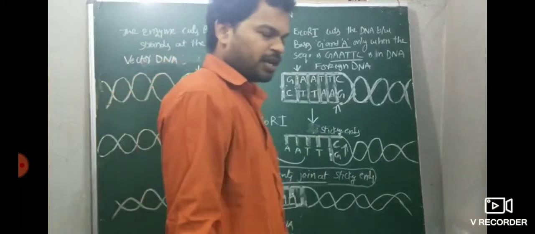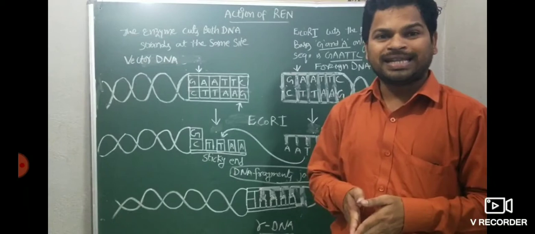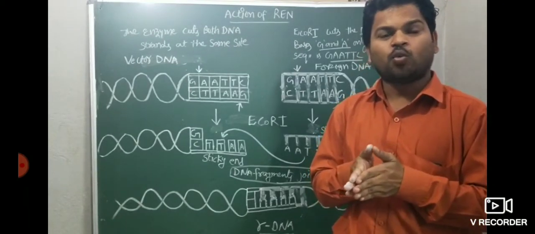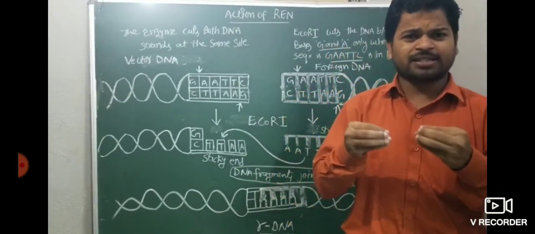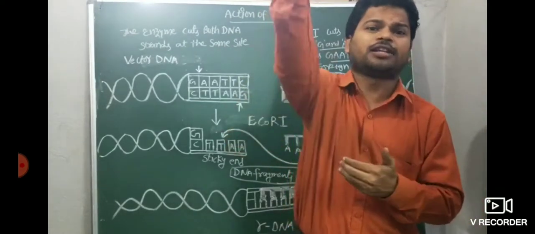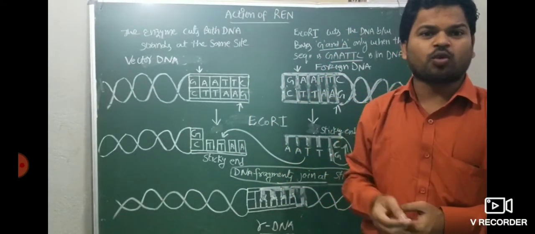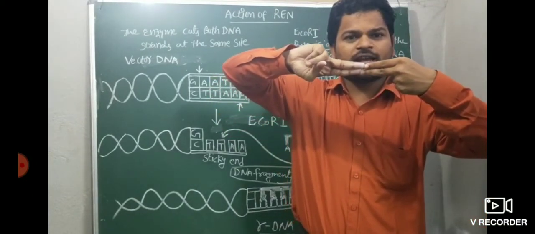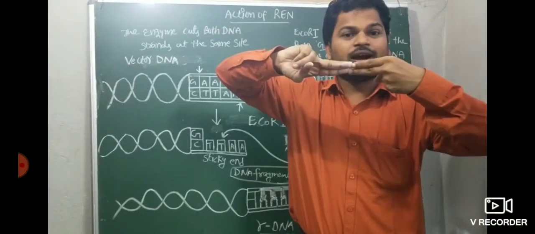Sir, why is that the reason? When the restriction endonuclease enzyme cuts the desired gene, the alien or foreign DNA, we get sticky ends. What is the meaning of sticky ends? Sticky ends are complementary bases to the other strand, or to the vector. For example, take a double-stranded DNA. When the restriction endonuclease enzyme recognizes the sequence and cuts the DNA,